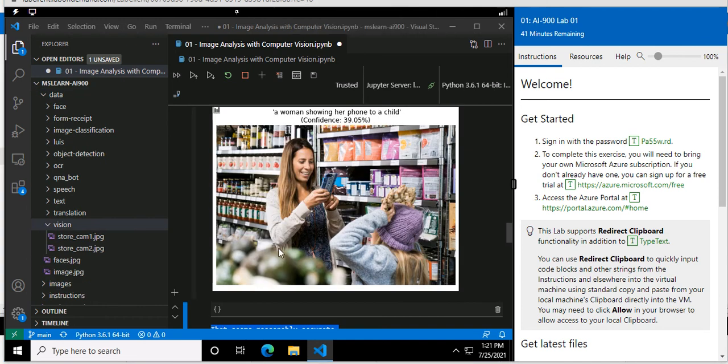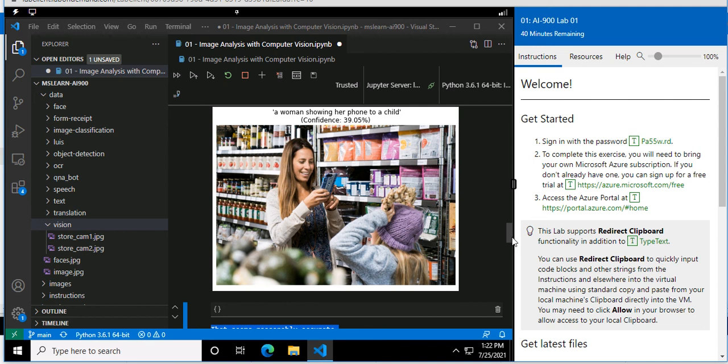The image analysis is done. You can see the result here: a woman showing her phone to the child. That is associated with a confidence value, a score value. The input is available in the data folder, where you have a folder called vision. Inside the vision folder, you have the image. So this image is what is analyzed.